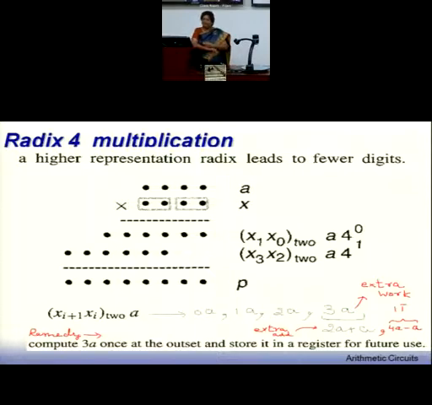So now you can apply all the three things together, you can recode your multiplier. You can have a radix 4 multiplication. Okay, and then you can use any one of the techniques, array or right shift or left shift. You can apply all the things together. The final adder that we are going to use, suppose I'm doing a radix 4 multiplication, so I'm reducing the number of PP rows. The final adder could be radix 2 also. Ultimately you would be bringing everything in terms of binary. Radix 4 brought in terms of binary.